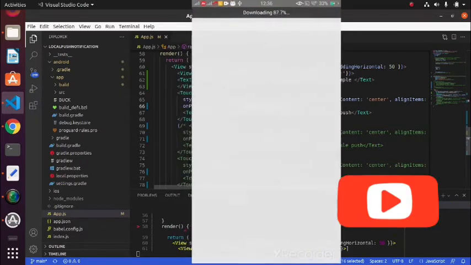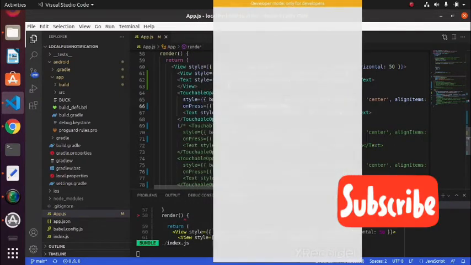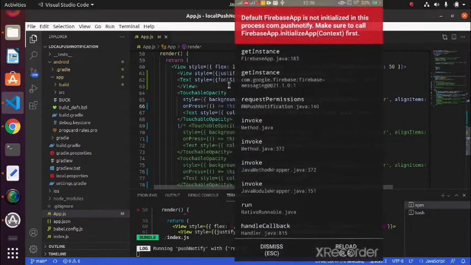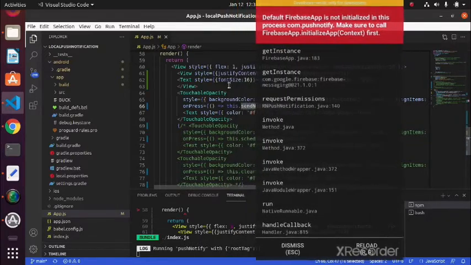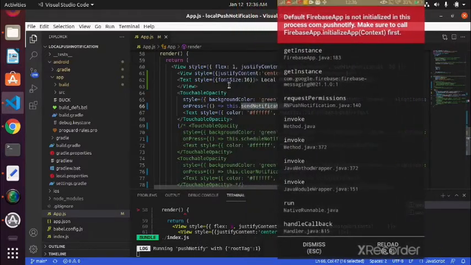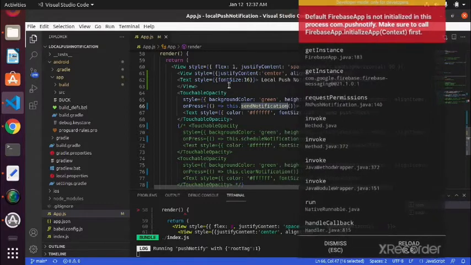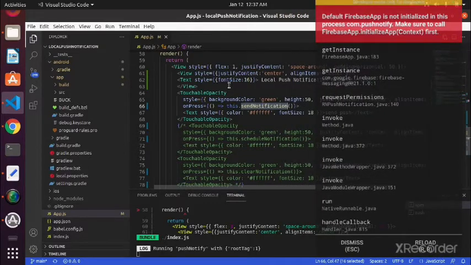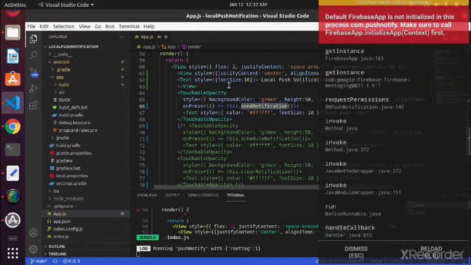Now you can see I am getting an error like, default Firebase app is not initialized in this process. I intentionally wanted to show you this, because a lot of people see this issue and get frustrated, and it is not mentioned anywhere properly.